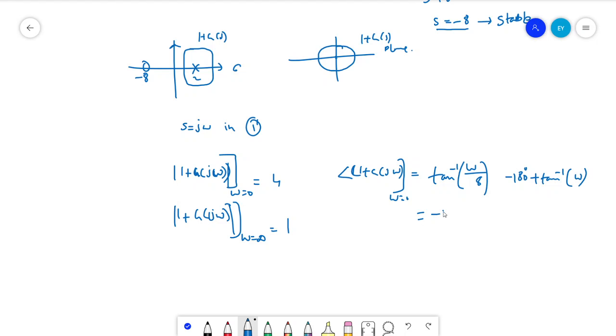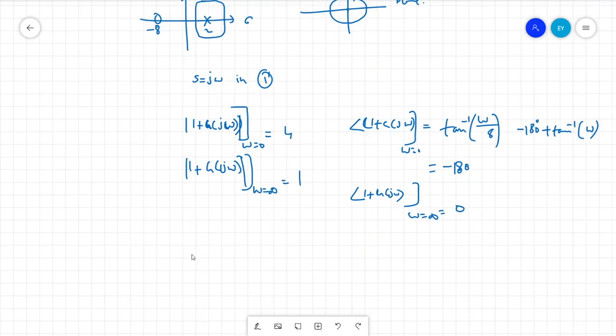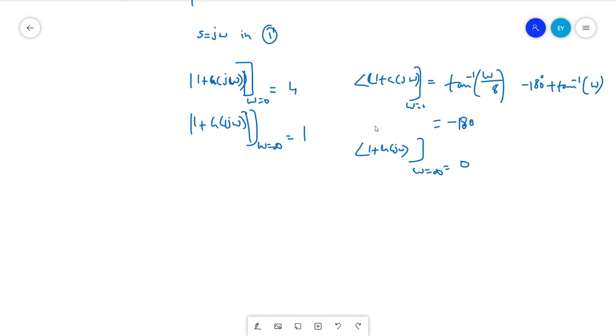So this will be minus 180 for omega equal to 0, and for 1 plus g of j omega at omega equal to infinity, you would get 0. So if you draw the same thing for these parameters, if you represent 1 plus g of s in the S plane,